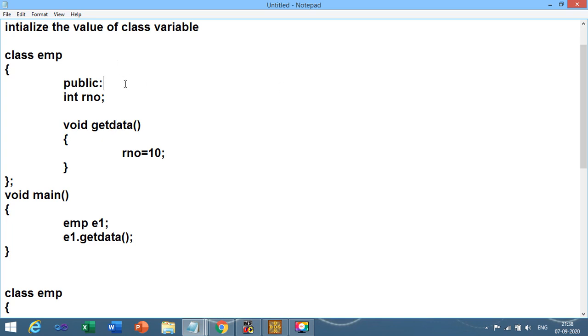Now let us start with today's session. Our today's program is also related to the constructor only, and that is part of the default constructor only. As we have discussed in our previous video, there are 4 types of UDF: no argument no return, with argument no return, no argument with return, and with argument with return. And there are 2 types of constructor: parameterized constructor and default constructor. Our previous video contains 3 programs, right? I have already explained 3 programs in our previous video which are related to the default constructor.